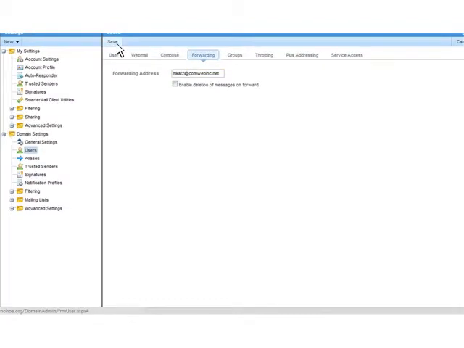Now, if this is a position that is going to change in the next couple of years, or at some point somebody's going to take over for me, then I'm just going to edit this forwarding address and it will go to the new person. So maybe it would be, you know,